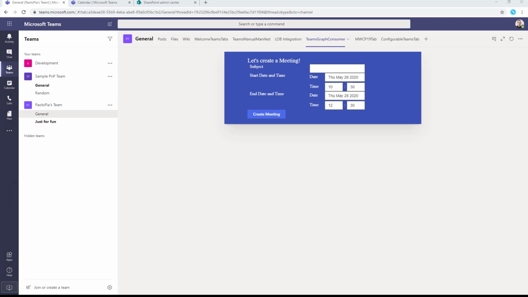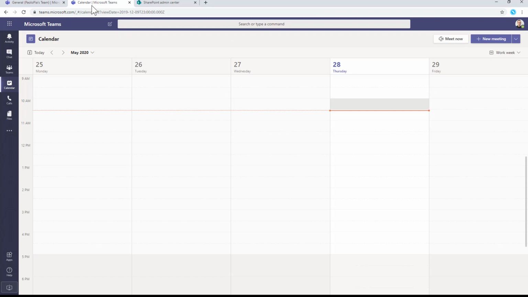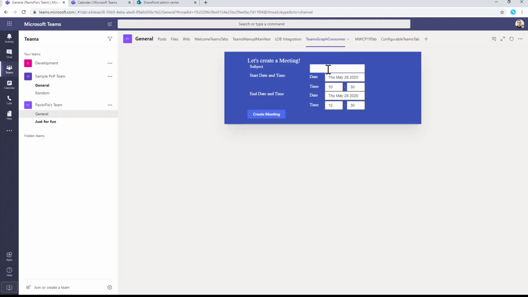First of all, let's start by having a look at the solution from an end-user perspective. This is a Teams tab built with SharePoint Framework through which I can schedule a meeting in a calendar. Right now in my calendar, I don't have any meeting for today, but using this web part, I can say, let's talk about something. The meeting will be scheduled today from 10:30 to 12:30.